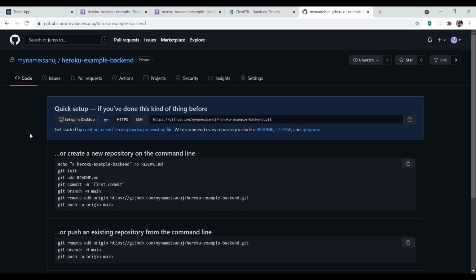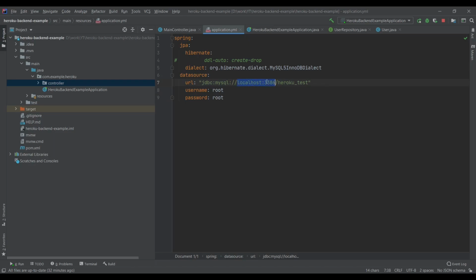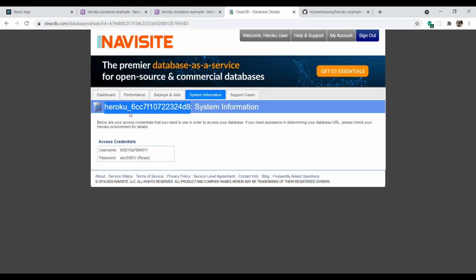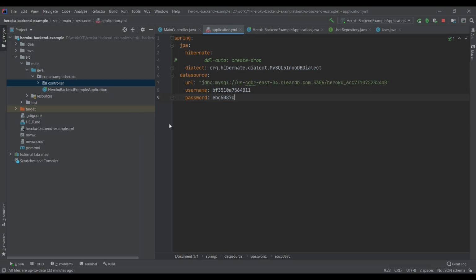Now let's configure it with our remote database and not our local database. Instead of our localhost 3306, we'll be using our host URL. This is our host URL, the port is 3306, and this is the name of the database. The username and password are written here. Once you're done with that, you can try and check if it's working or not. I'll be using the ddl-auto command, which basically creates your database tables from your Spring Data JPA.